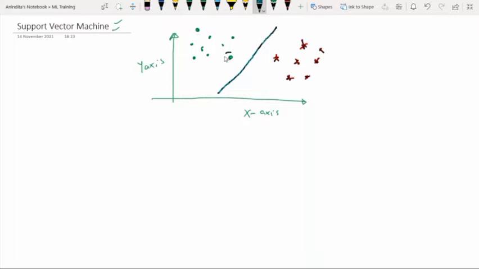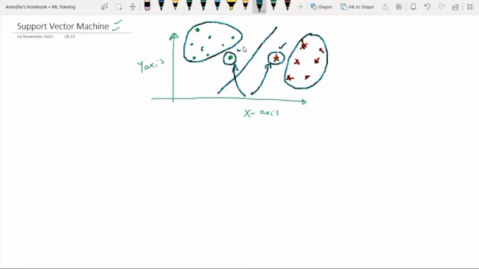For that purpose, it will select two support vectors in the space. These two points are far apart from the other points, because these points hold some unique features. So this is known as a support vector. It will use some support vectors and some margin, and this was the basic concept of support vector machine.